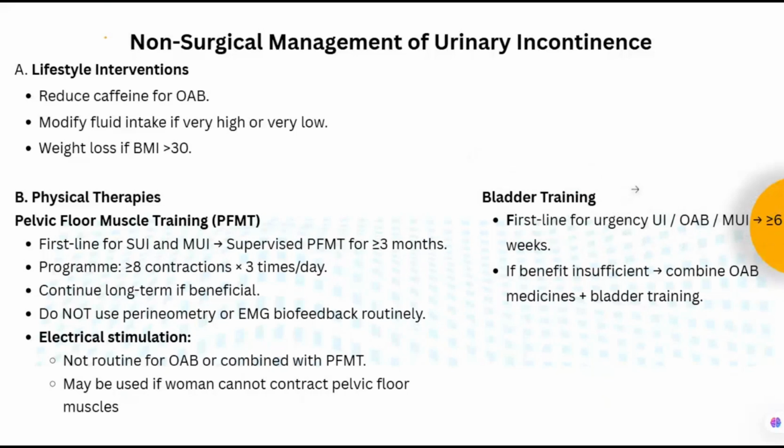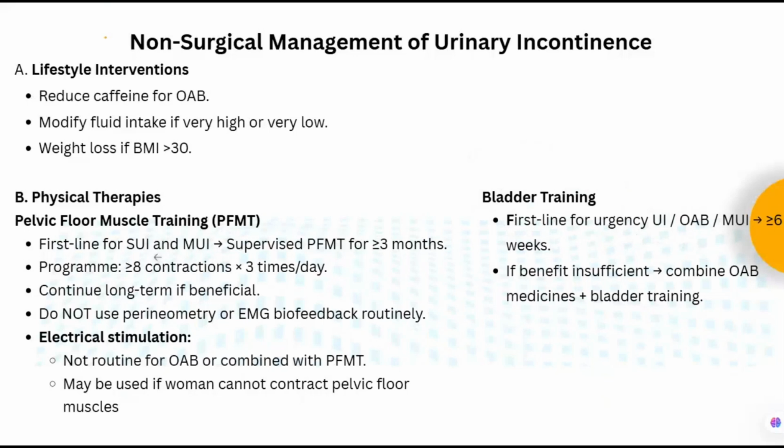Here the patient will voluntarily postpone urination. When there is a desire to pass urine, the patient will postpone passing urine, initially for a short time, maybe 5 minutes, and over a period of time they will increase this duration. That is how one needs to train the bladder. And this is the treatment for overactive bladder. Conservative treatment in overactive bladder will be bladder training for 6 weeks.